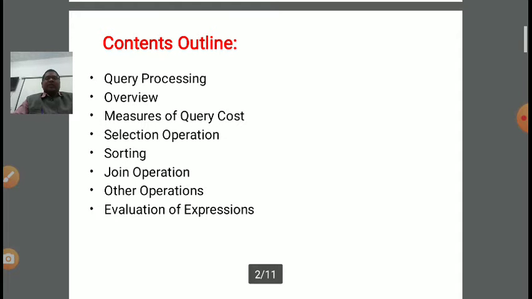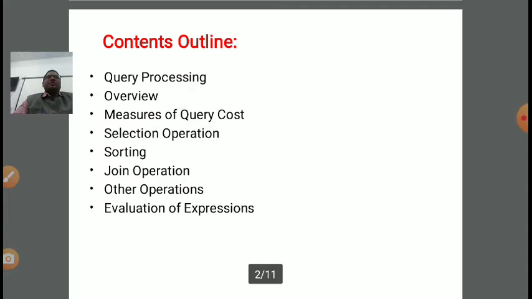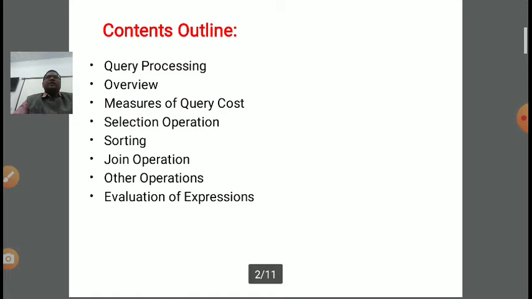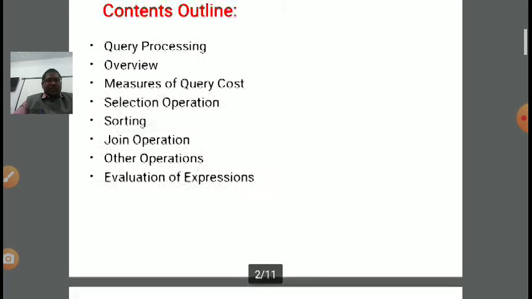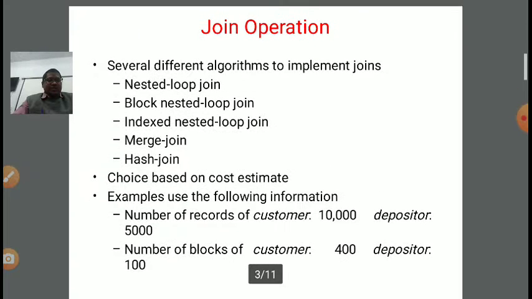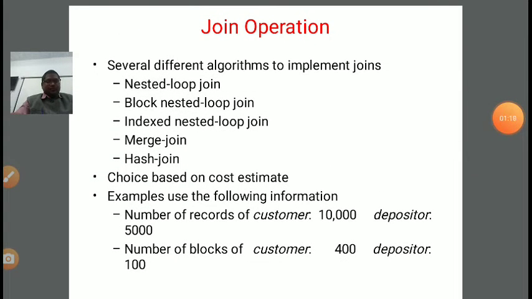Then how to measure a query cost, what the various hidden costs involved in a query are, all the factors and parameters we already covered, and the formulas also we have done. Now, for the selection operation, we covered various algorithms like linear search and binary search, and some different concepts. In today's lecture we are starting one new concept named join operation.